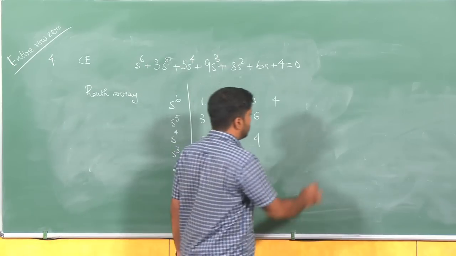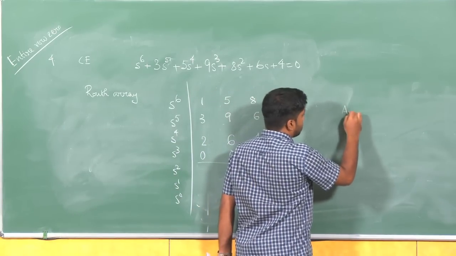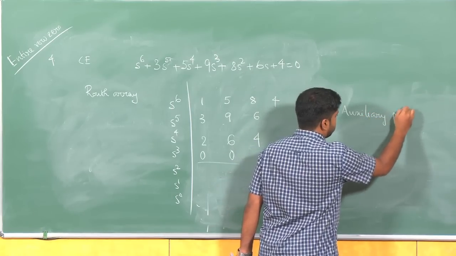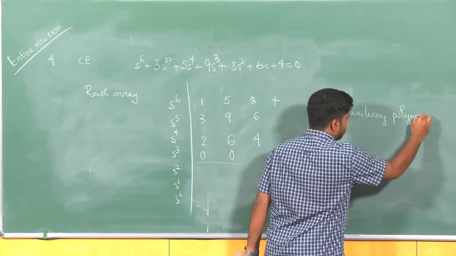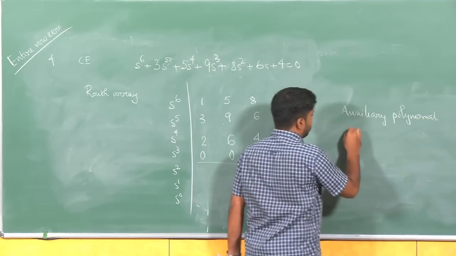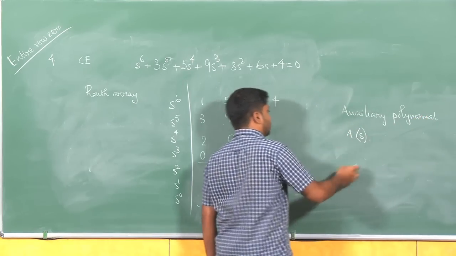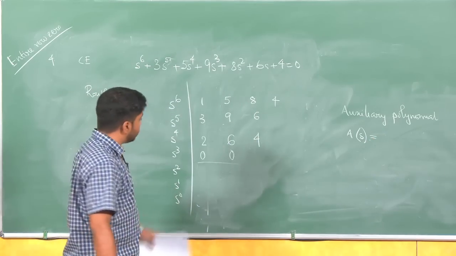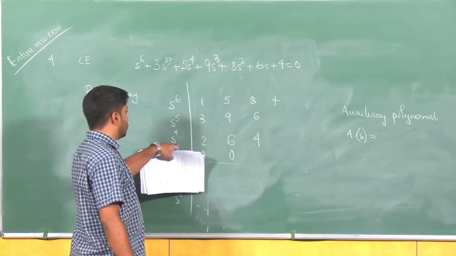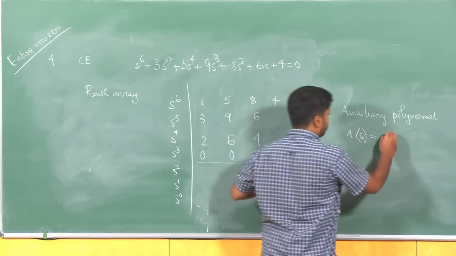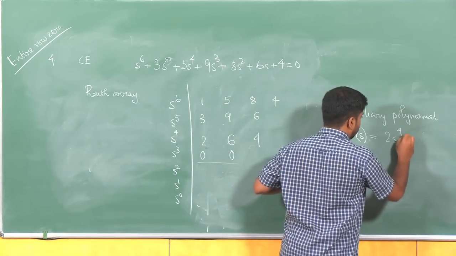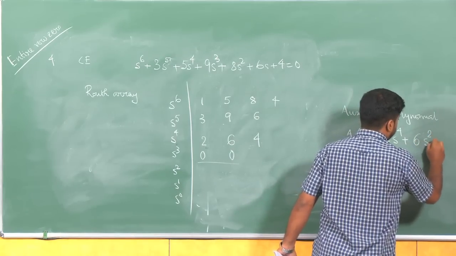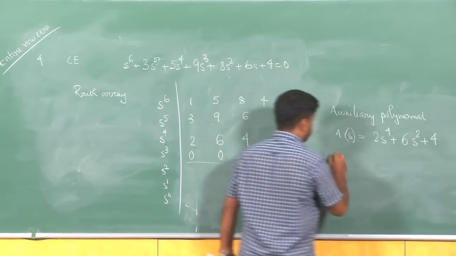So, what we learnt is we consider an auxiliary polynomial A(s), and we go to the immediately upper row, which is for s to the power 4. So, here it will be 2 s to the power 4 plus 6 s square plus 4, and the auxiliary